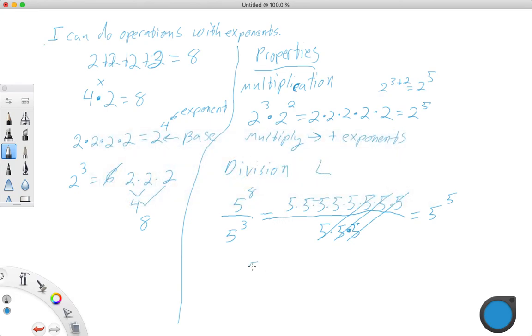So this is the same thing as 5 to the 8th minus 3, right? 5 to the 5th power. Now, it's always the top exponent subtracting the bottom exponent, and you could actually end up with a negative exponent. But I'm going to make one more video, and I'm going to go over powers to powers and